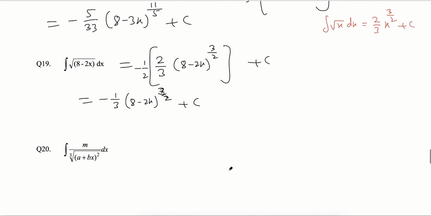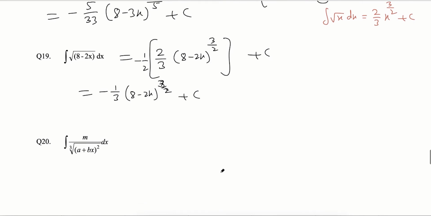Next, you can see exactly the same thing we are doing again and again, because I want the basic things to be practiced. Later stage, it should not be a problem. Now, from here, this m is constant because we are going to do integration with respect to x. So m will be treated as a constant. So m will be coming out, and this will be a plus bx whole square power 1 by 3, which means this will become minus 2 by 3, because this is the 2 by 3, so the minus 2 by 3 dx.